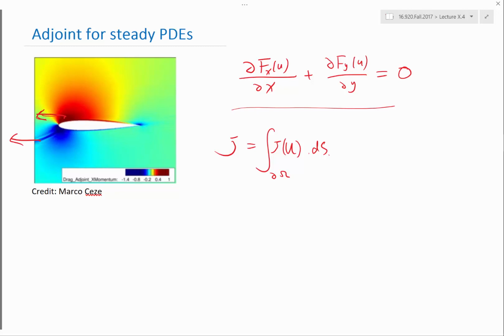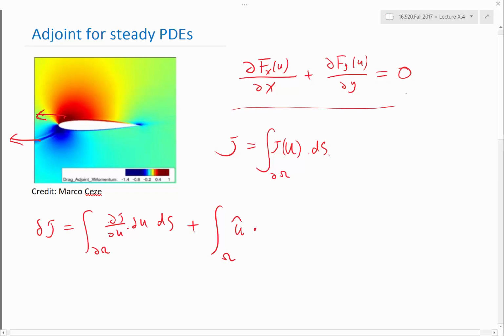You don't even know it's doing that, right? But for PDEs, you actually have to know how to derive the adjoint, how to do all the math to get the adjoint equation for that PDE. So if I have an objective function that is defined only on the boundary, the next step is to linearize things. So delta j is going to be integration on the boundary, partial j, partial u, delta u on the boundary. And I'm going to add an integration on the whole boundary of an adjoint field dot with a